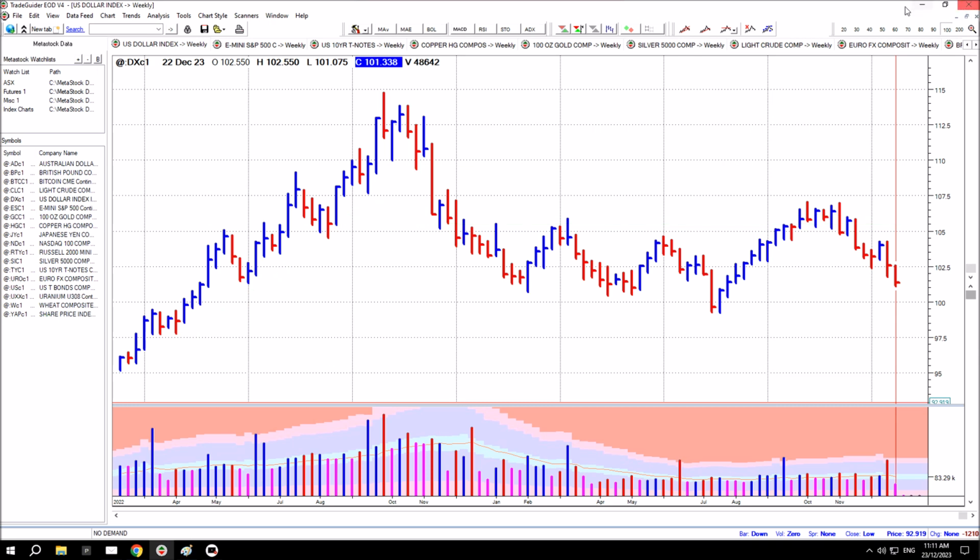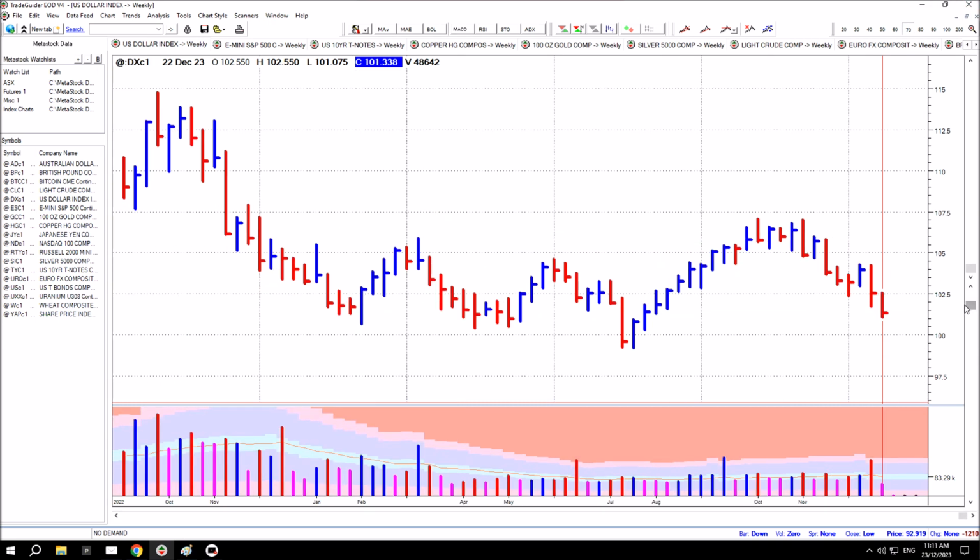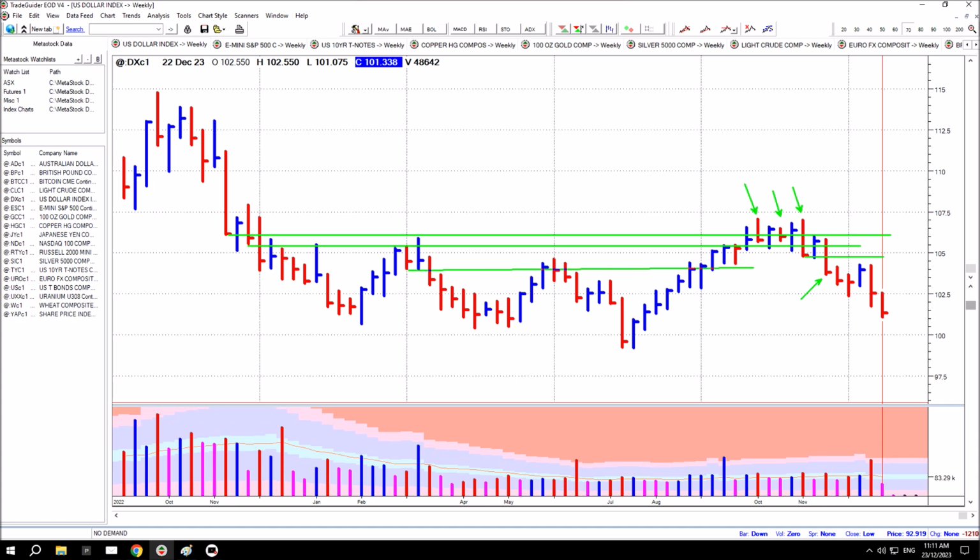Now, if we zoom in a little bit, here are those levels again. Through here, you can see that price was thwarted and it wasn't able to push through. It did look like it was going to a couple of times, but in the end it failed. And you can see here's the breakdown bar there. Now, if we bring a line through from here,